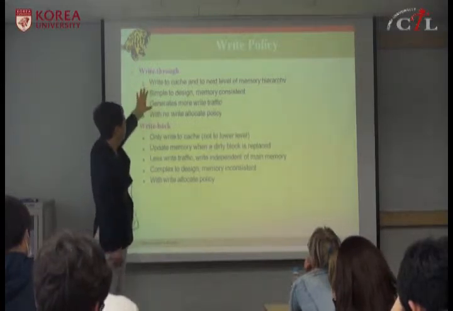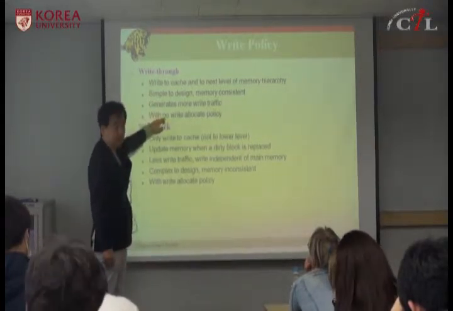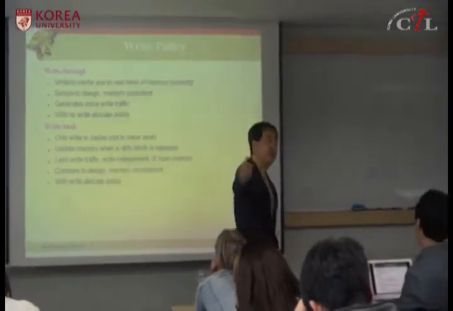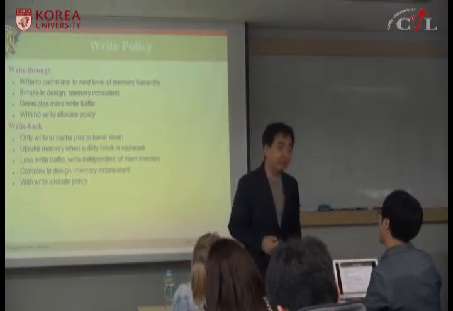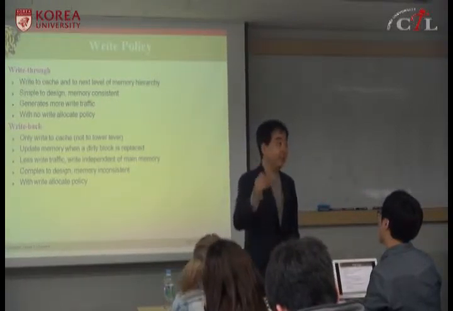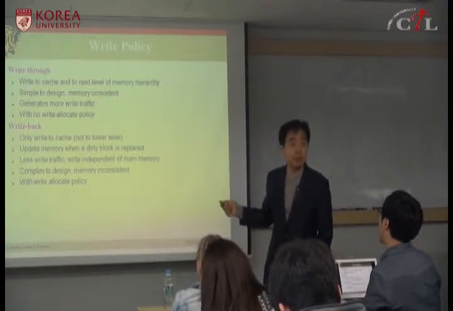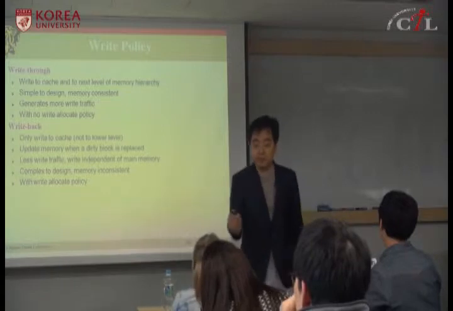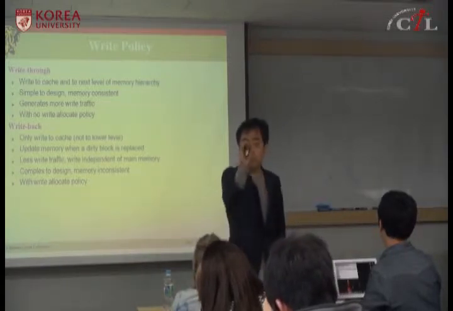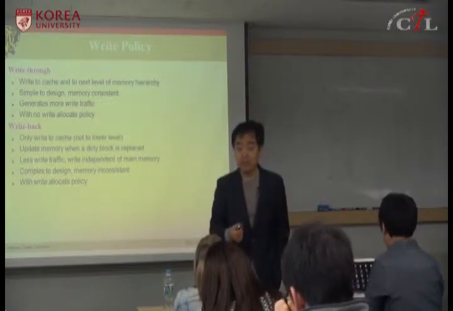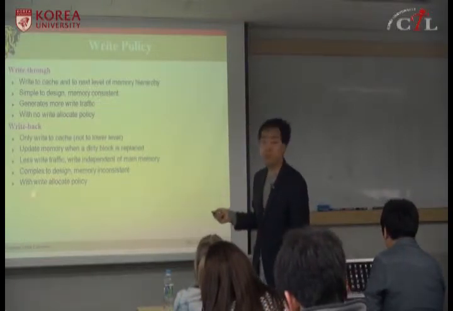And write through cache usually uses a no write allocate policy because whenever you do a write, you write into the memory. So you do not bring the memory block into the cache. Write is always through to the cache and memory. But for write back cache, you use write allocate policy, which means if you miss on a write, you bring the block first into the cache and you do the write and modify. And you can modify multiple times. And when this block is replaced, you can update memory. Okay? So they use write allocate policy.